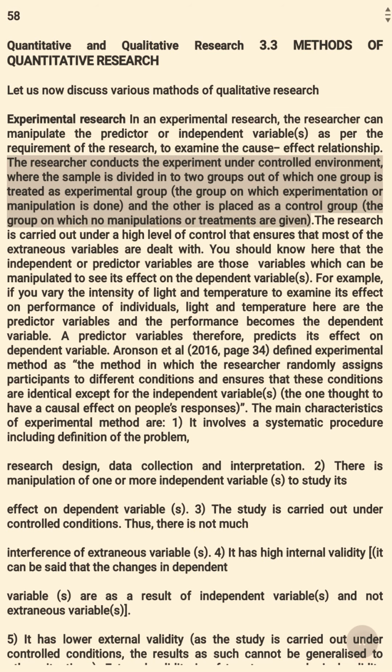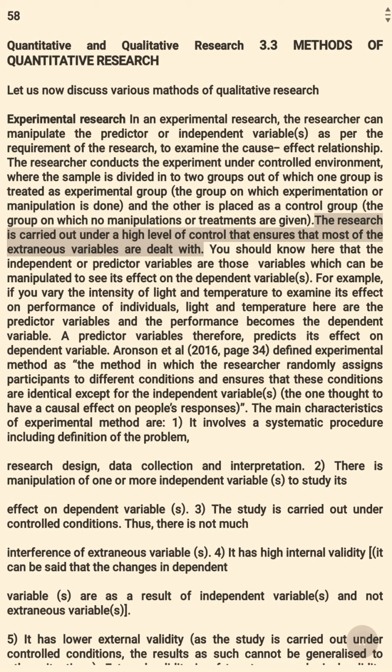The researcher conducts the experiment under a controlled environment, where the sample is divided into two groups, out of which one group is treated as the experimental group, the group on which experimentation or manipulation is done, and the other is placed as a control group, the group on which no manipulations or treatments are given. The research is carried out under a high level of control that ensures that most of the extraneous variables are